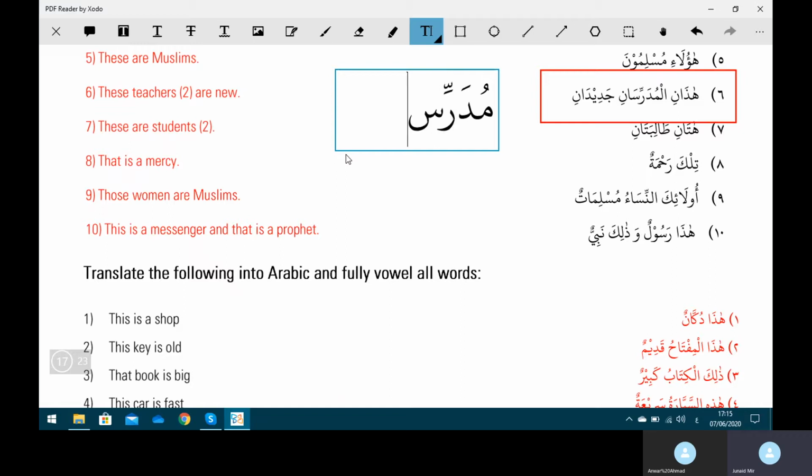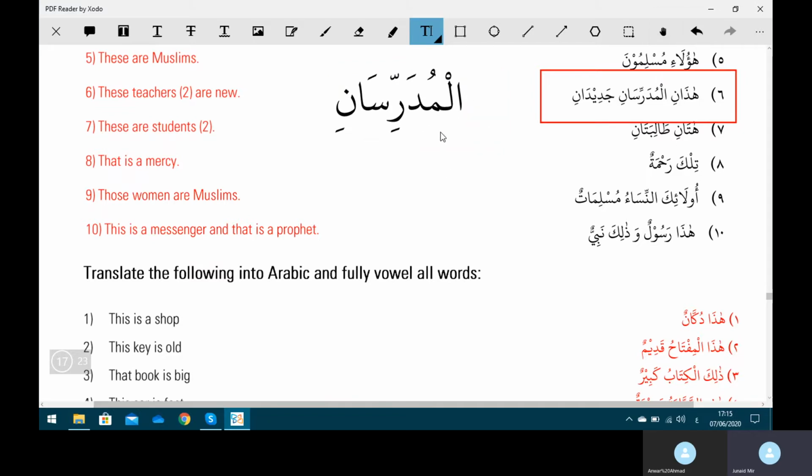Mudarrisun means 1 male teacher. Mudarrisani means 2 male teachers. And putting alif lam in front of it makes it definite. So the two male teachers, al-mudarrisani. So hadani al-mudarrisani, these 2 male teachers. You don't have to write it down, but as long as you understand that's what it means, that's the main thing. So these teachers, and we're referring to 2 male teachers here,